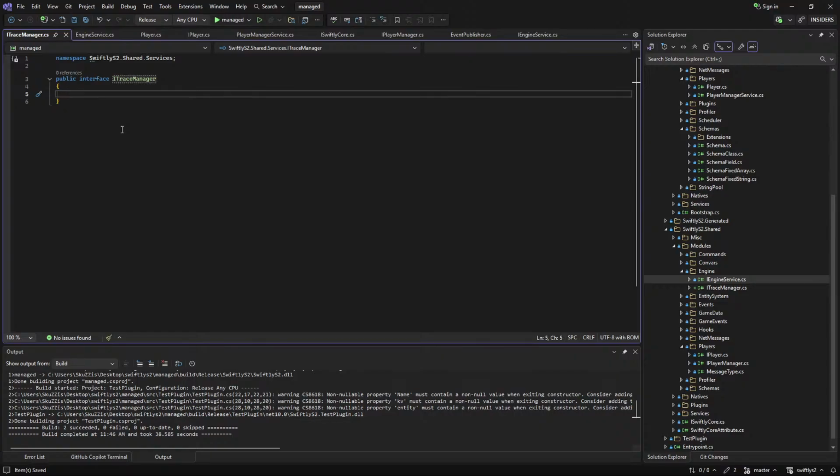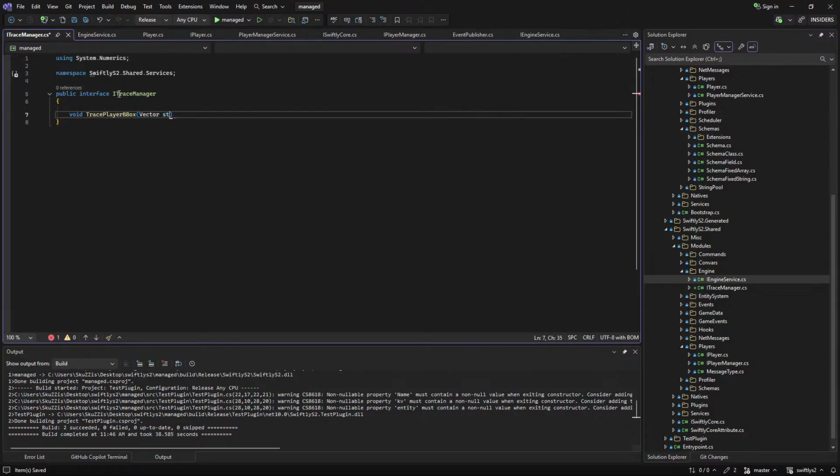We want them to have a trace player with boundary boxes and a trace shape. So for trace player boundary box, they're gonna need the following. They're gonna need to give out trace player boundary box, vector start, vector end,